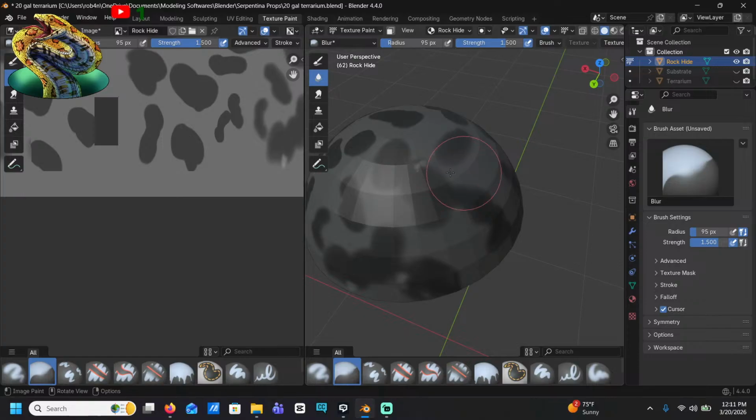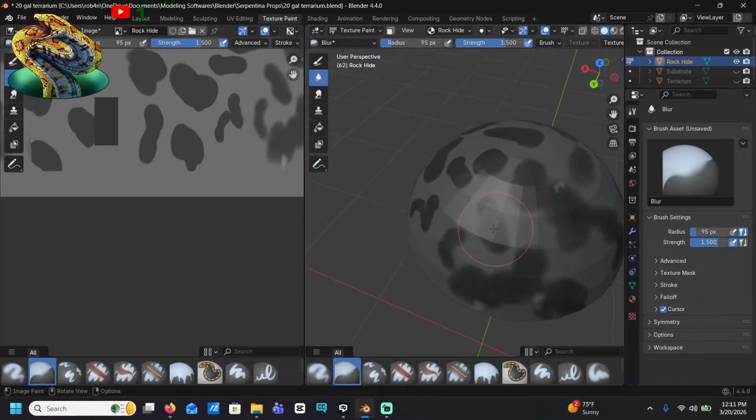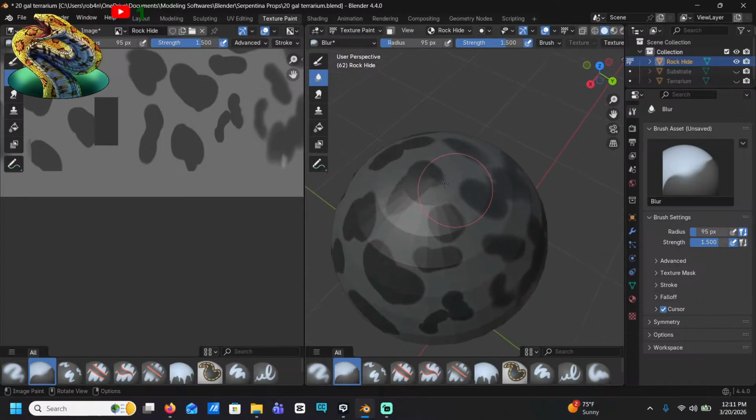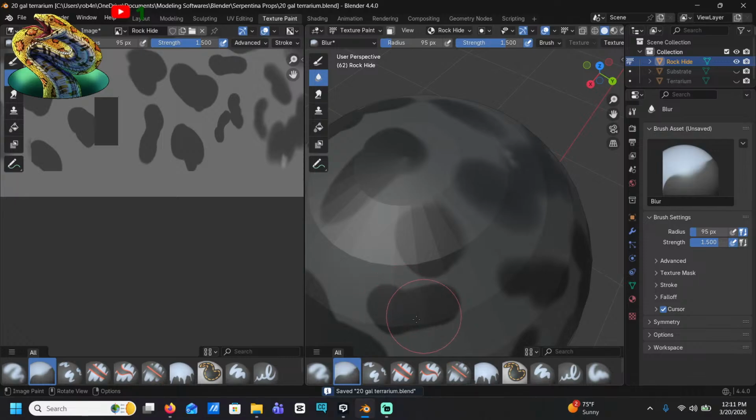Texture, texture, texture. So much lag. I love it. We love us some lag around here. Let's see how much I can blur this. Hold on.